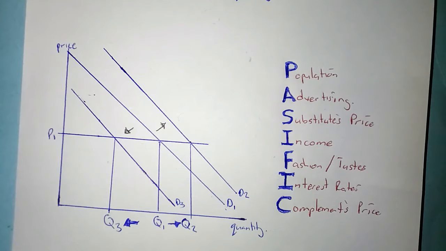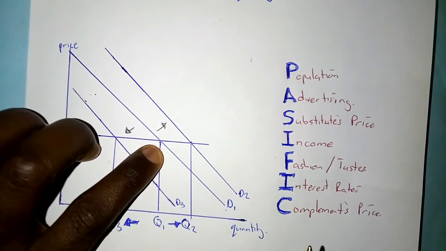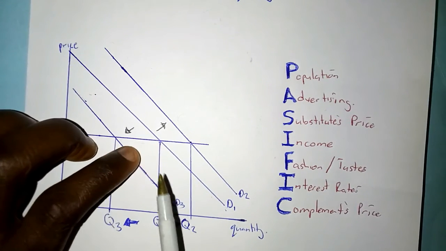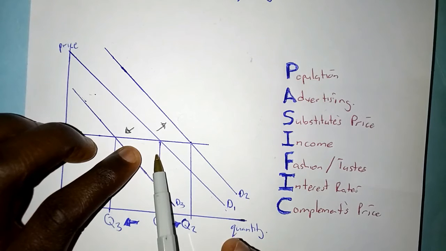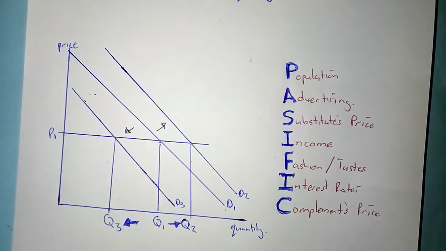So we're talking about, let's say in this case, Coke and Pepsi. These are the two classic substitute examples that I can give you. What you should understand is that you assume this demand curve here is for the other substitute. Let's say this demand curve is for Coke. This is the demand for Coke. So let's say that if Pepsi, another substitute, increases, people will demand more of Coke because remember,